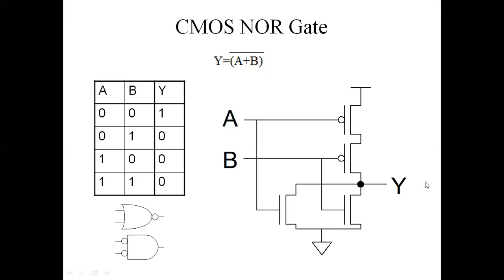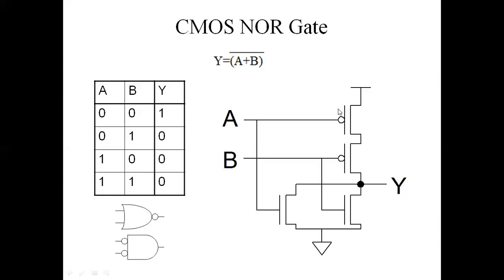How is this possible? Because to operate the PMOS, the input should be 0. And to get the logic level 1 at the output, both the PMOSFETs should be on. And in which state is this condition possible? In the first case, when inputs A and B are equals to 0, means both the transistors on, so VDD is connected to the Y, so output becomes 1. So in the rest of the conditions 0, 1, 1, 0 and 1, 1, any one of the transistors becomes off, so no path from the VDD towards the Y. So output is equals to 0.